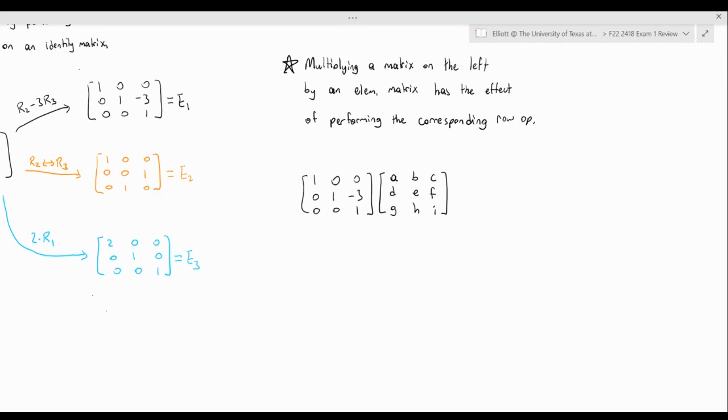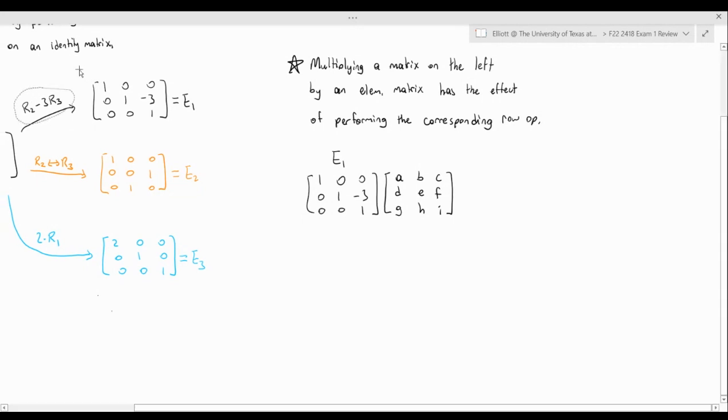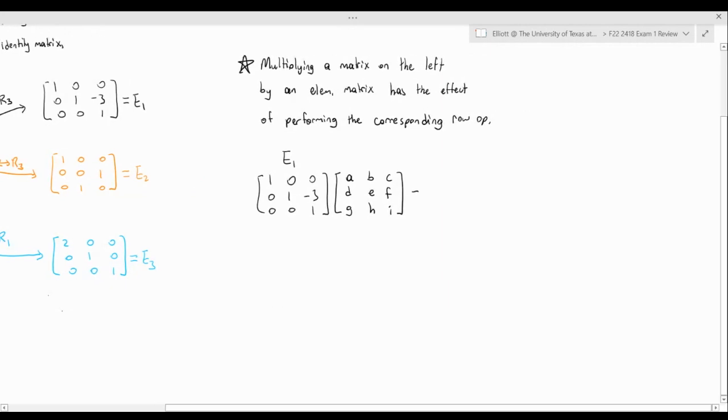This is the elementary matrix E1 from here, which we obtained by doing this particular row operation on the identity, okay? So if we do the matrix multiplication, doing the rows dot product with each of the columns,